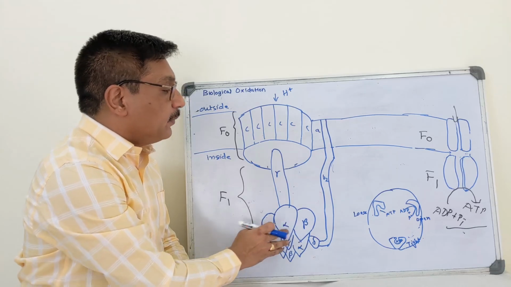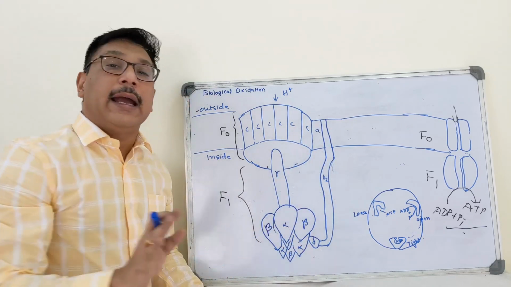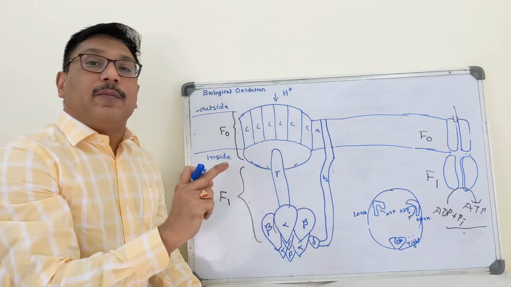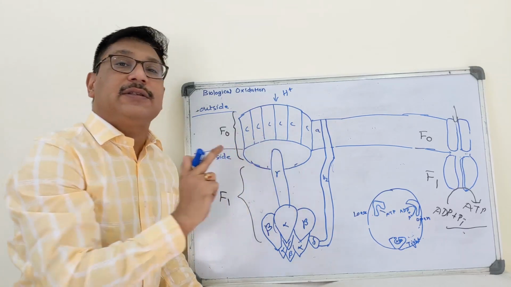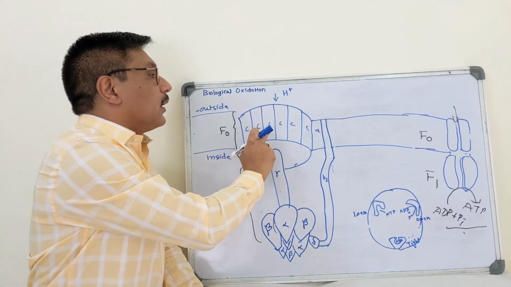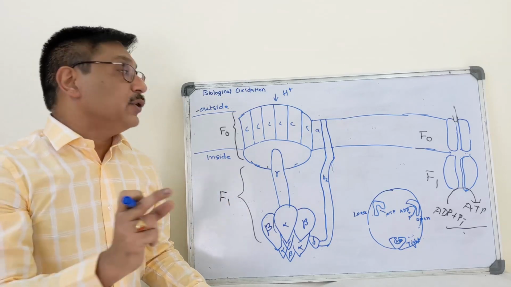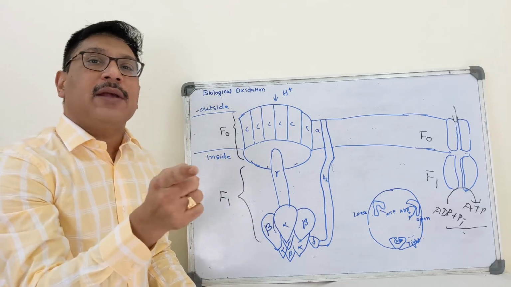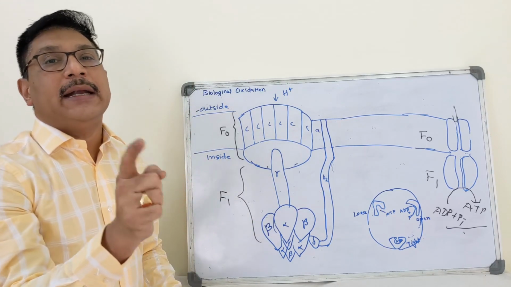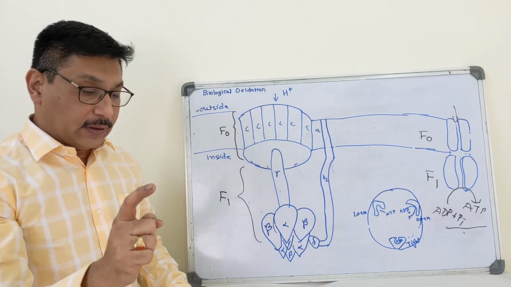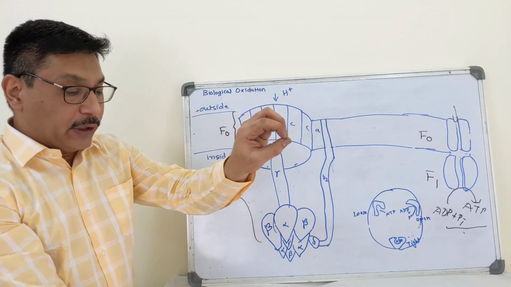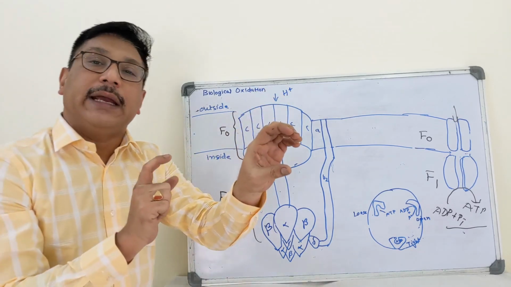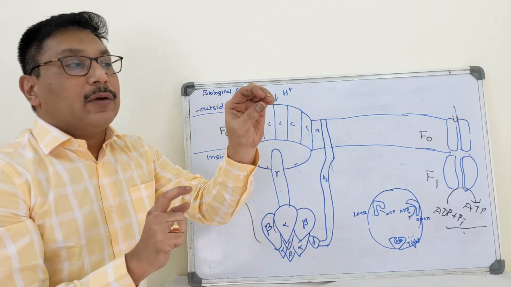These 3 alpha and 3 beta subunits are membrane bound and they do not move. But this gamma subunit, which is attached to these C proteins of the FO subunit, the channel for protons, moves. And when the gamma subunit moves, it moves like a bent axle. Now what happens? See, these are the alpha and beta units. Inside lies the site for ATP synthesis.